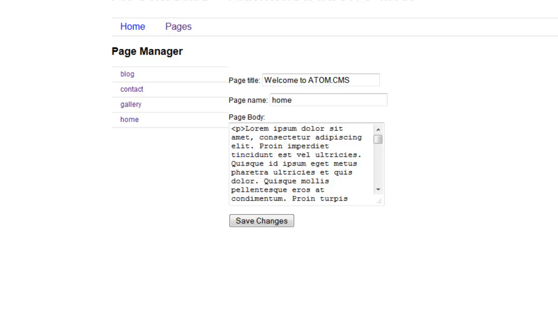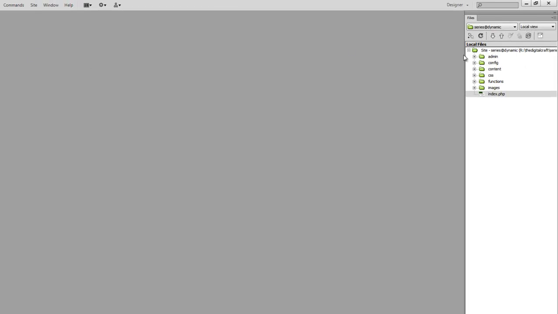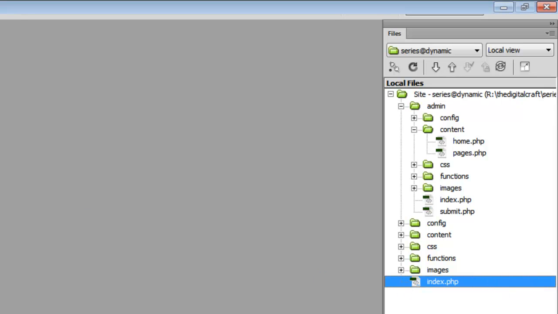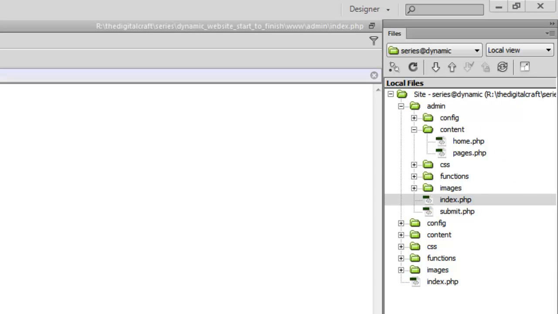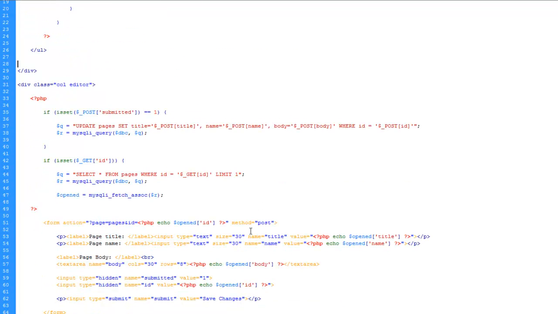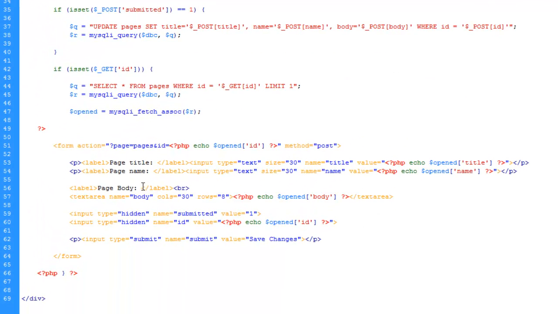So we need to go into Dreamweaver, and in Dreamweaver, open your admin folder and go ahead and open up your index page like we do normally. We may or may not work within this at all during this video, but like I said, I like to have it open just in case. And then in the content folder, open up the pages.php. Alright, now that that's open, scroll on down to the form area down at the bottom of the page, and